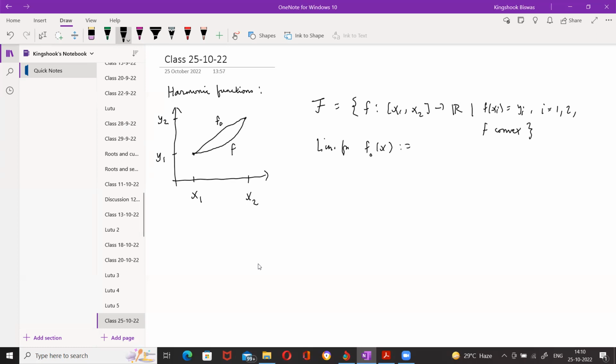How can I get this linear function from these convex functions? Take the sup over all functional values. So this would be the sup over this family, sup over little f in script f of little f of x. Okay. Is this all right? Yes. Okay. So this is the basis of what happens when you generalize to higher dimensions,